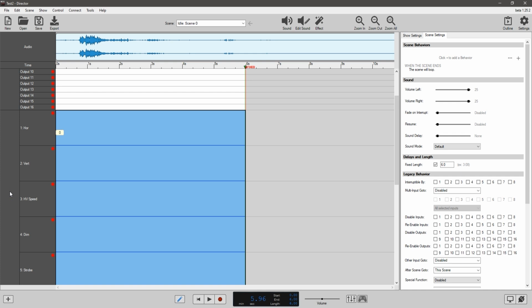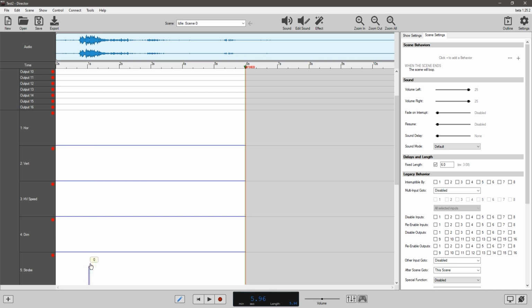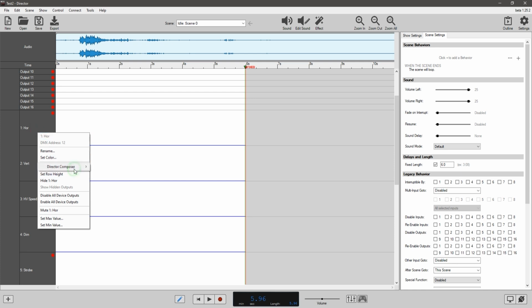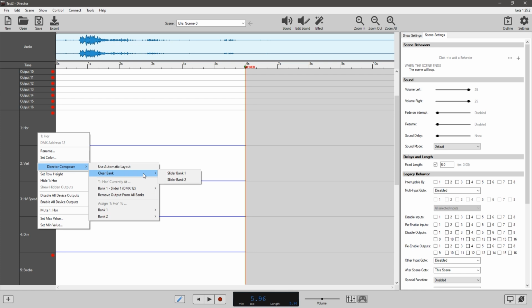Now, if I want, I can right-click on this and disable automatic layout, right? So I have to actually go out of that again. And so we go back into it like this, Director Composer. Now you'll see this is no longer checked, and I can clear the bank. Like I could completely clear out what everything is assigned to and just get rid of it. And then redo everything, right? So if I say clear slider bank 1, boom, like that,